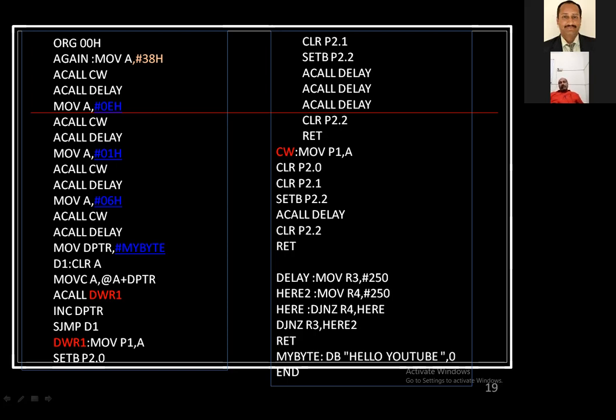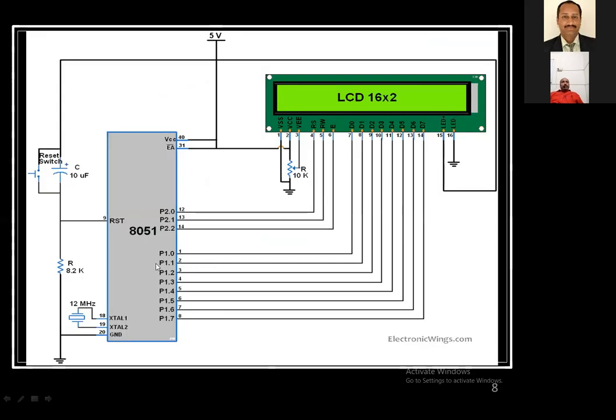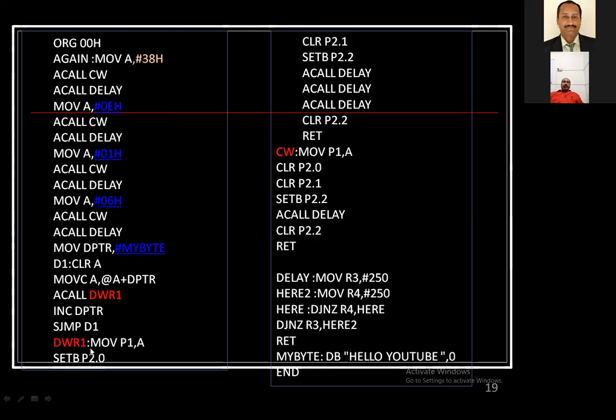So what is connected to port 1? Again, you are supposed to check out here. This is port 1, and the data lines D0 to D7 are connected to the LCD display. So this is how it transfers the characters one by one. Again, it will increment the DPTR. Incrementing the DPTR means the next character is going to be used.